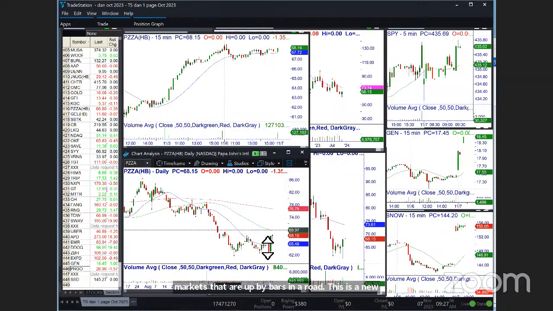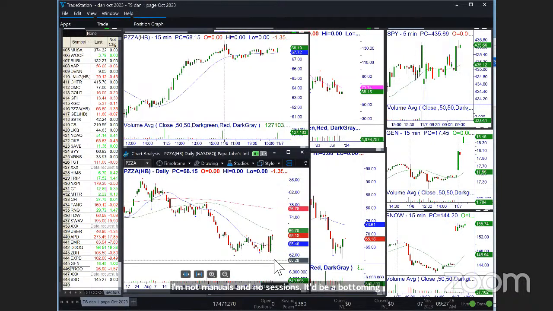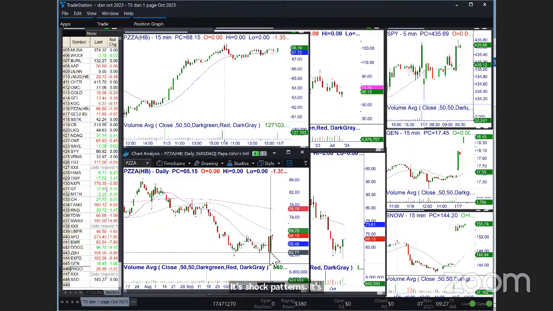That's beautiful. You know, we talk MT Live, we've been doing them for over 5 years, and so we've pretty much covered so many topics. And this could be in so many of the sessions. It'd be a bottoming pattern. It's a 180 reversal breakout. It's shock patterns. It's trend change. So many concepts here.